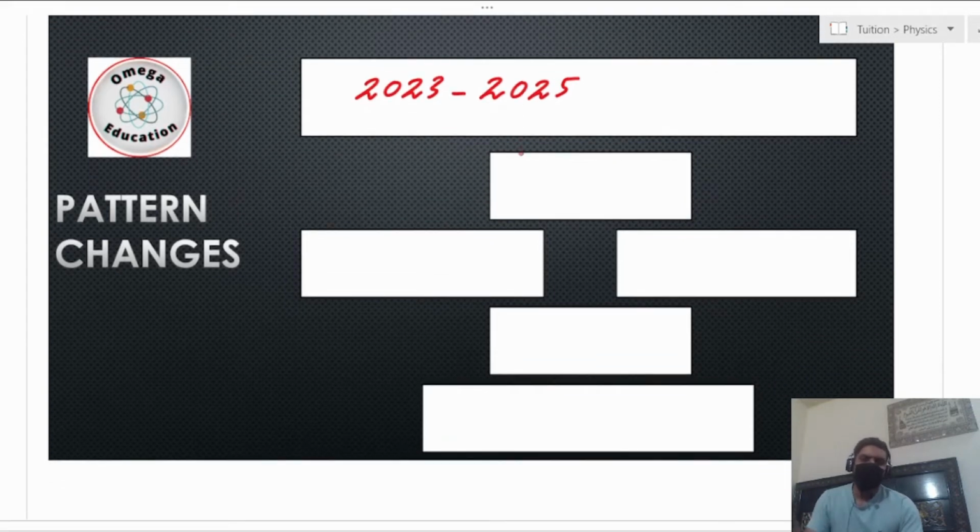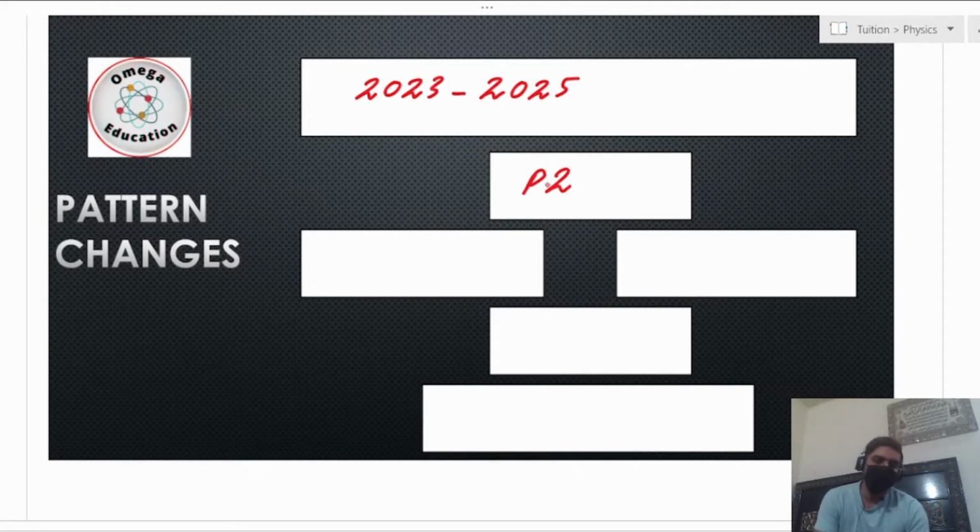First of all, in paper 1, there are no changes in terms of the paper pattern. Topic wise, yeah, there would be changes, and I'll mention all of those in a while. But in terms of the paper pattern, there are not going to be any changes. However, for paper 2,